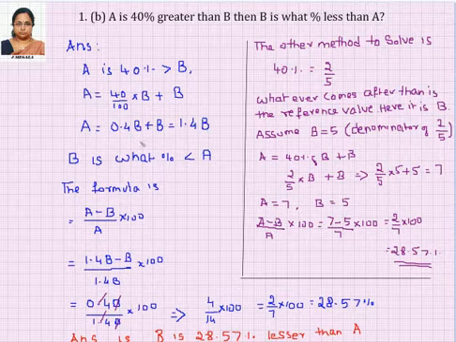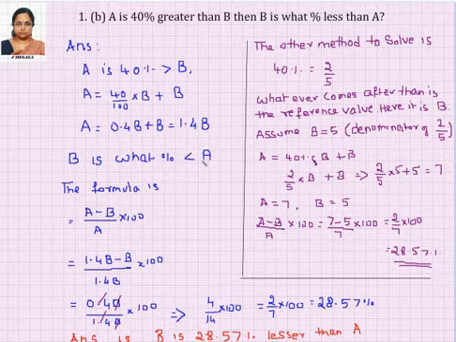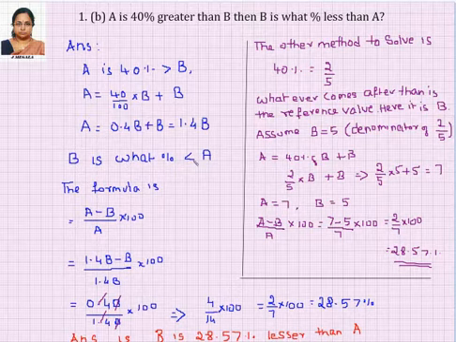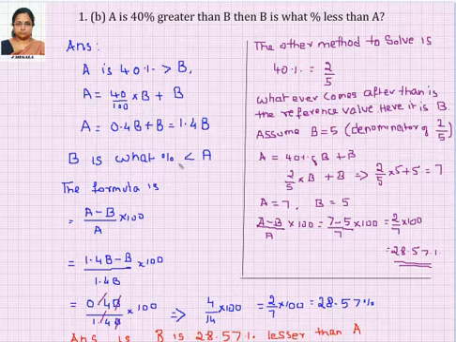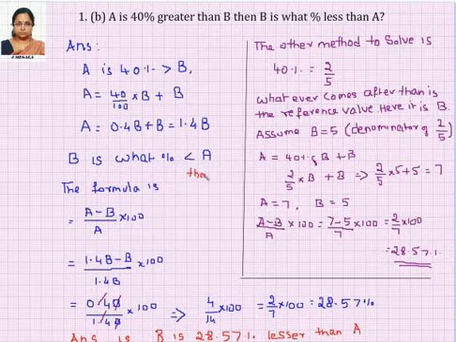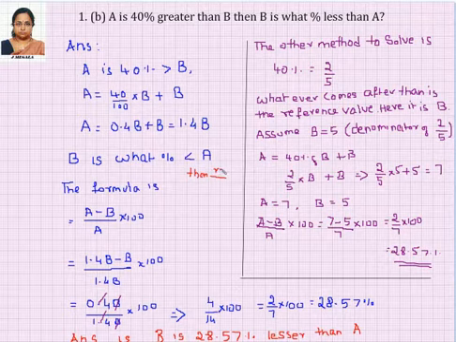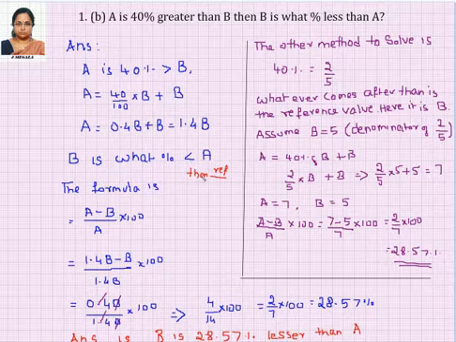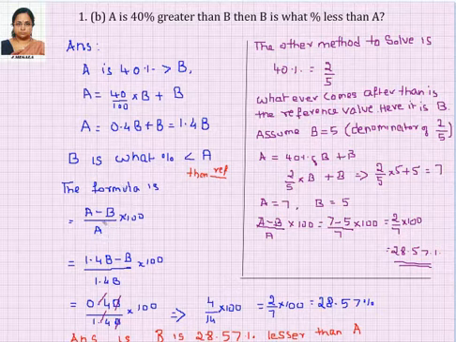And now the question is, B is what percentage lesser than A? So for this, it is again the same as the percentage increase and decrease we have seen. You take the difference of these two values in the numerator. The denominator is going to be your reference value. The word after "than", whatever comes, becomes your reference. So in B is what percentage lesser than A, after "than" you have A here. So that will come in the denominator. Please be clear with this one.